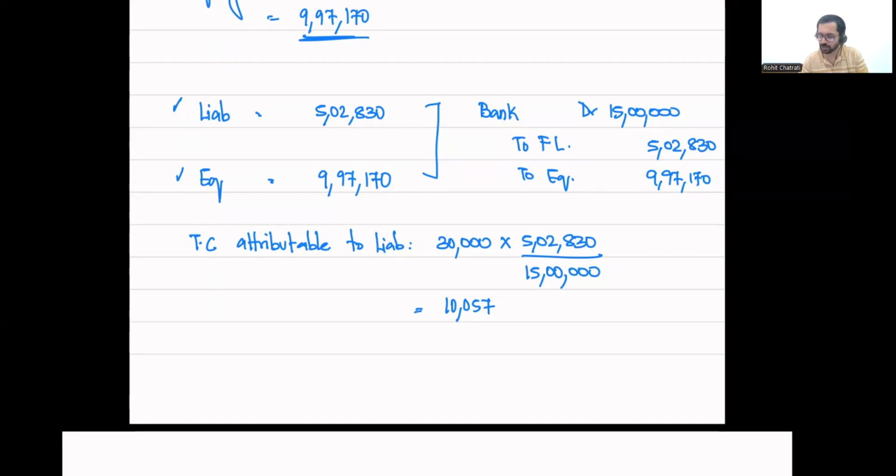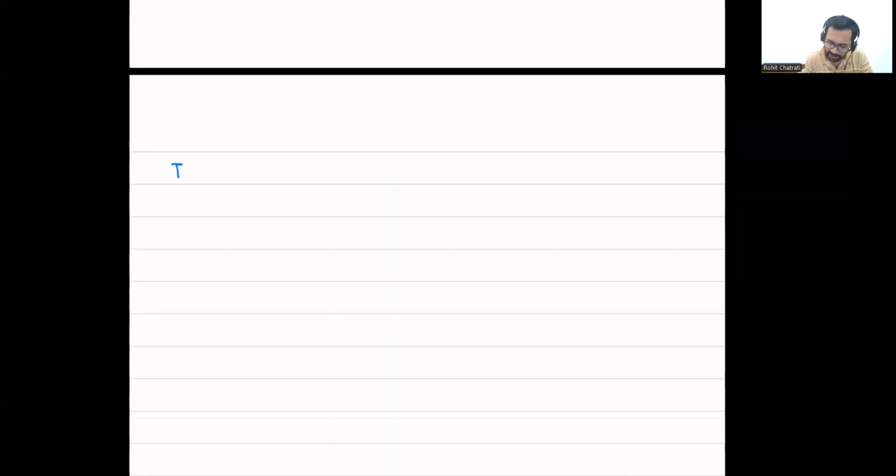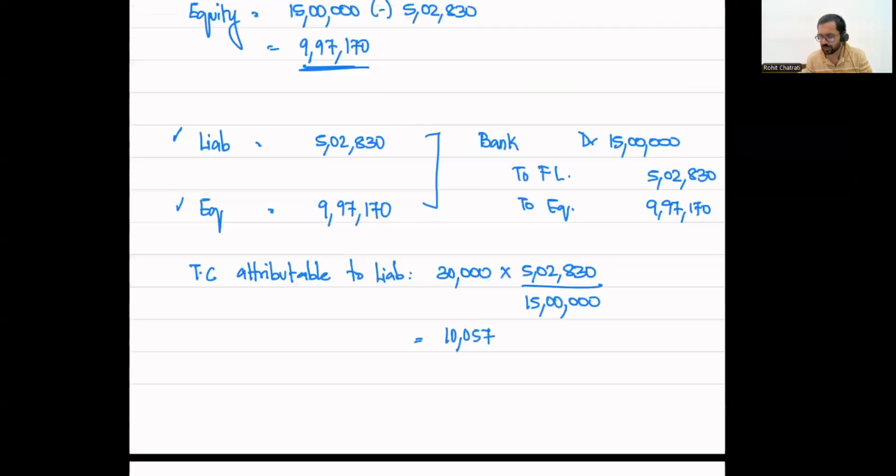Next, we have the transaction cost which is attributable to equity. The transaction cost attributable to equity is going to be equal to, the same way, 30,000 multiplied by the equity value, which is 9,97,170, the whole divided by 15 lakhs. The second part of this formula represents the proportion of equity out of the total sale proceeds, and we multiply that with 30,000 to arrive at the transaction cost attributable to equity, which is going to be